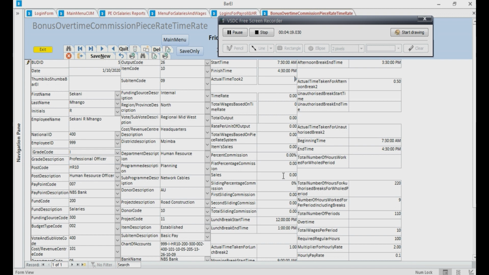Time rate. Let us say the time rate is 50 kwacha. Then the total wages based on time rate is 450. Let us say it's 9 times 50, 450. If the output is let us say 1000,